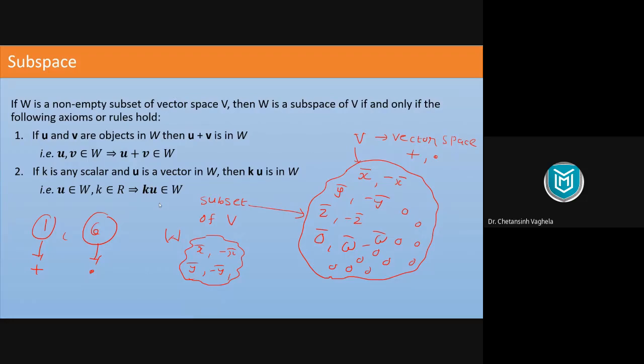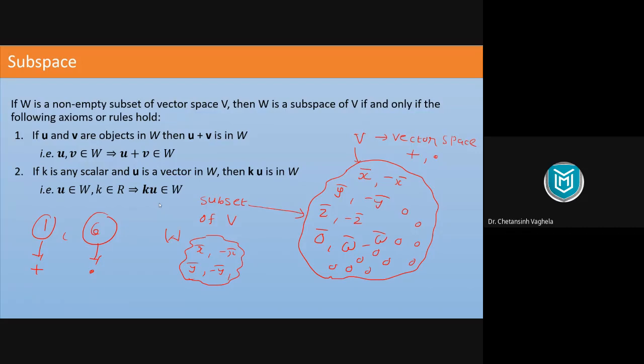So whenever you are checking for subspace, you don't need to go for all 10 conditions, because whatever objects we have chosen, they are already from a vector space. So they are satisfying some conditions. We don't need to check them again. But the two necessary conditions are first and sixth, the closure property of addition and closure property of scalar multiplication. If these two conditions are satisfied, then we can say this W is also a vector space. And if W is also a vector space, then we will call it subspace of vector space V. Because V is already a vector space, W is smaller than V, that's why we will call it subspace.